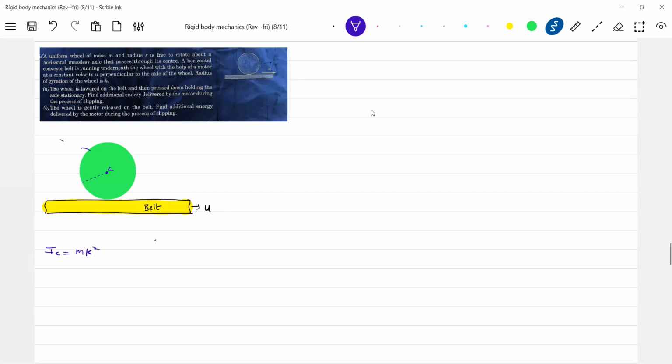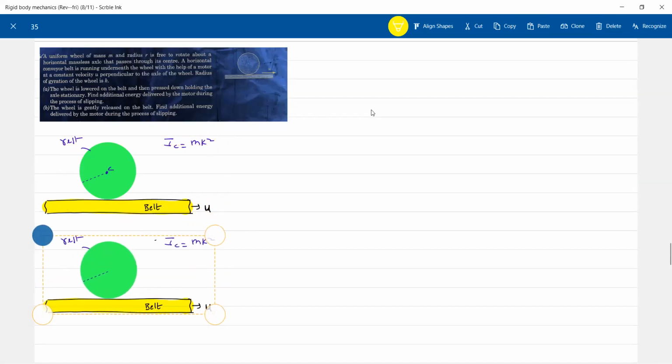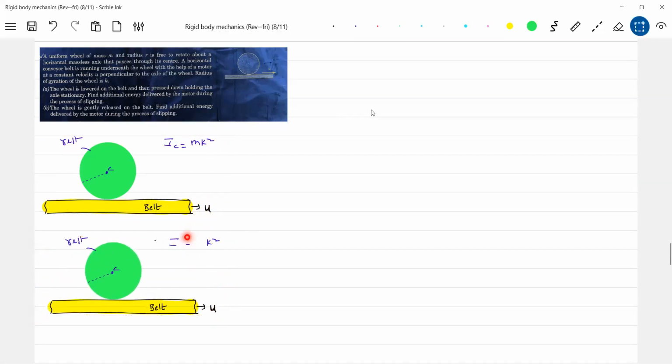Initially, this is released. This is at rest. What will happen? Very next moment, it will start moving, no? The part A of the problem is what I'm discussing, no? What will happen to the moment the wheel comes in